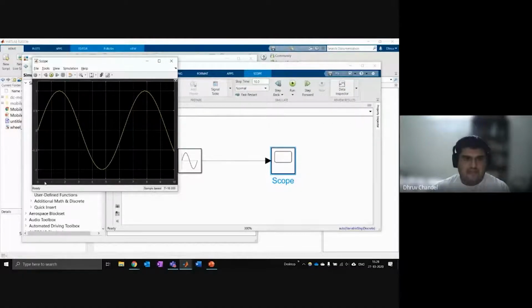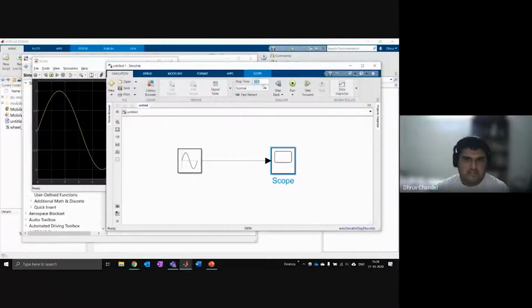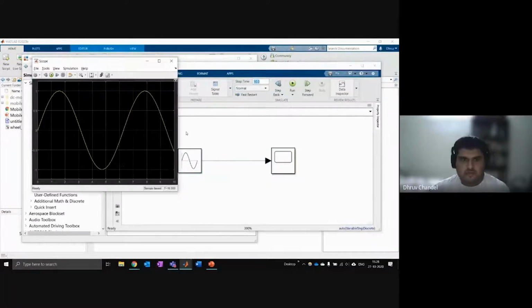So everything inside Simulink runs in the time domain. You have to start at some time, and then it stops at some time. It's not like MATLAB code where it runs line by line. This simulation will actually be a bunch of time steps, which will always run from one start time to one stop time.